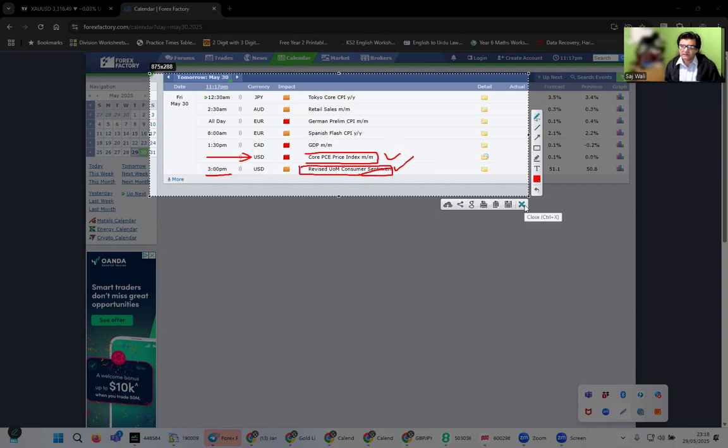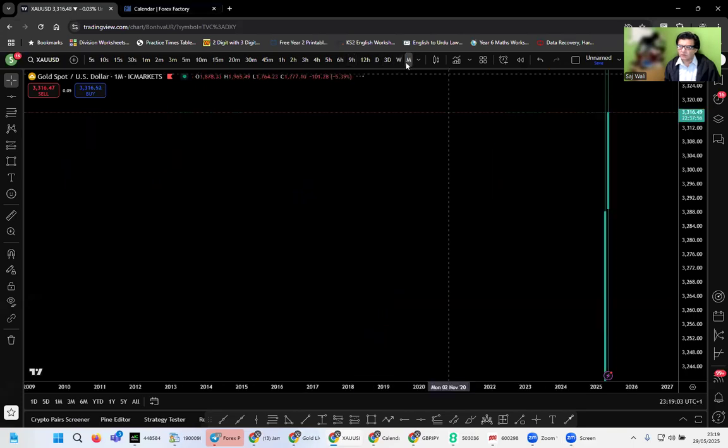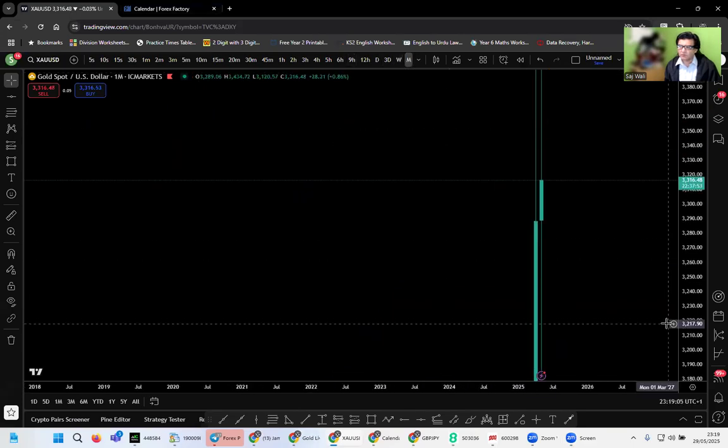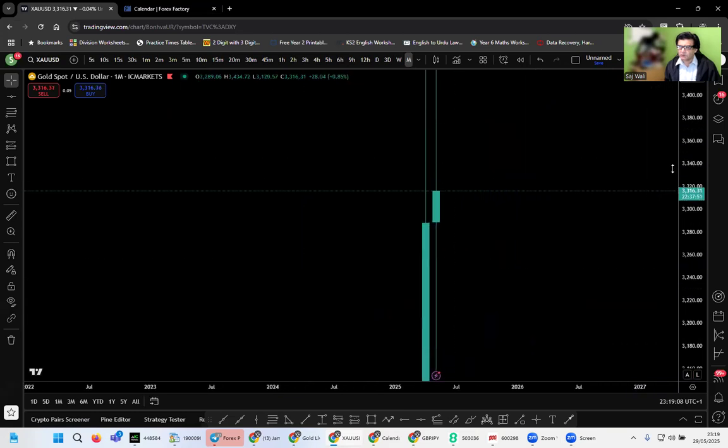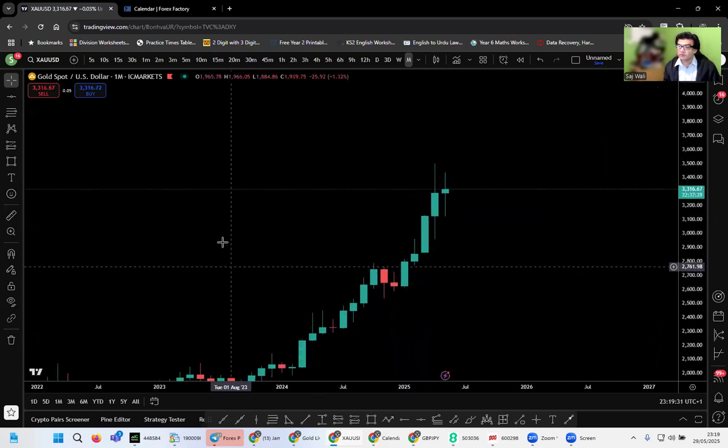Now, let's start on the chart. See what the chart says. It's end of month. Tomorrow is Friday and it's 30th and 31st. The market will be closed 31st of May. So it's end of month as well as end of week. Very interesting. It happens sometimes. End of month, end of week, same day.